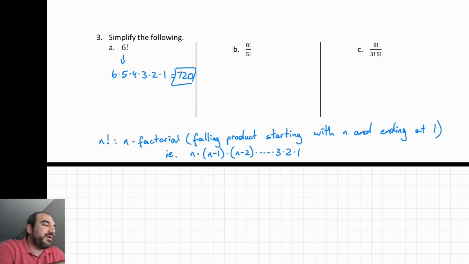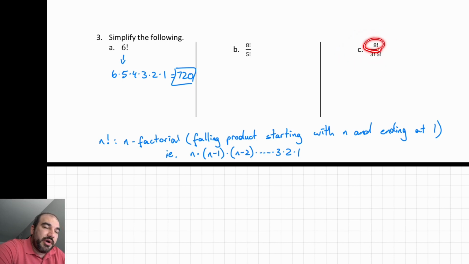If it's a larger number like 83, you cannot calculate that, neither by hand nor by calculator, but we can do things where we simplify factorials, which I'm going to talk about right now, where you may see large factorials like 83 factorial, but they're going to simplify because they're part of a fraction. So when we have a fraction such as this one here, in part C,